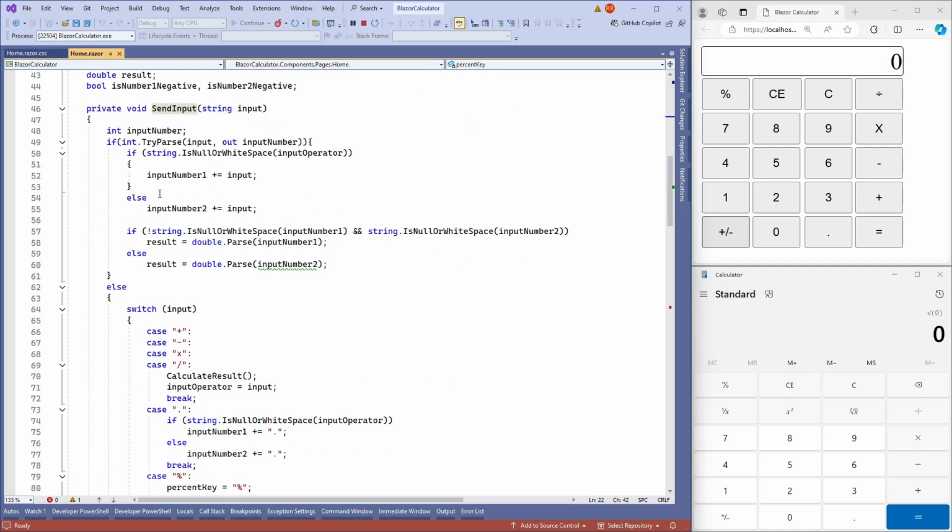So this is the main code for the SendInput. It receives an input, which in this case is a string. And the first section here is that we will try to store the input values, the first and the second values. So with this one, I first have to do a TryParse so that we can make sure that the input that we are receiving is a number. All right,